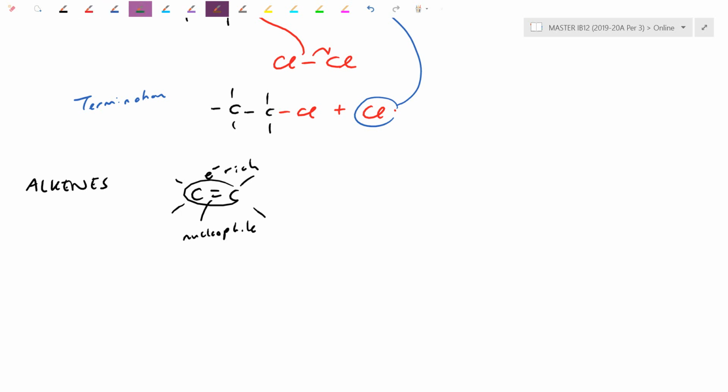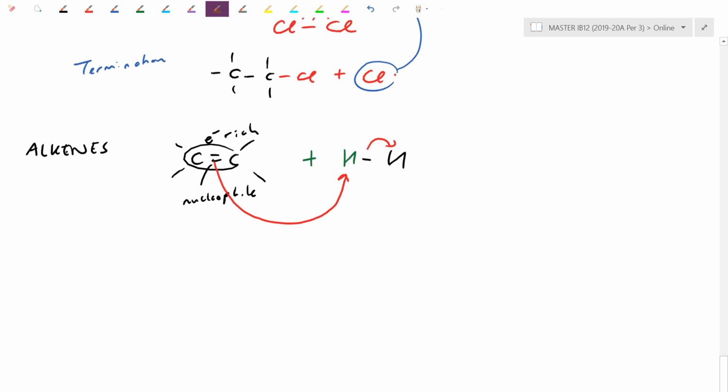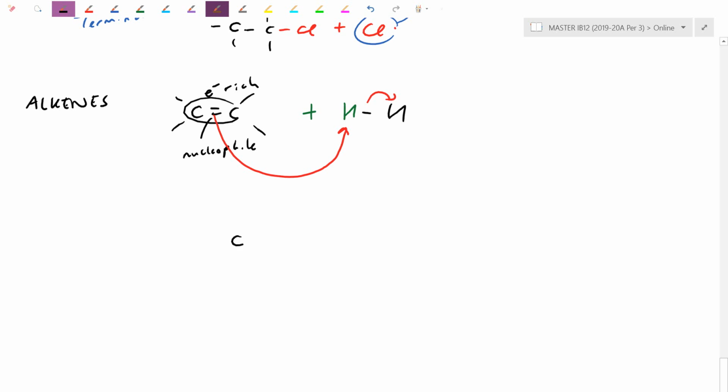So we're going to start off here. Let's summarize some of the structures. Let's add just a plain old hydrogen to it. In this case here, because this region here is electron rich, I can show you the mechanism for this right here. The electron rich region, this time it's going to be a double-headed arrow because both electrons are going to attack the hydrogen. In this case here, both electrons will go back to the other hydrogen here, sort of a middle step here. I'm going to have C, its double bond is now going to become more saturated. I'm now going to pick up that one extra hydrogen. It's going to have that one extra